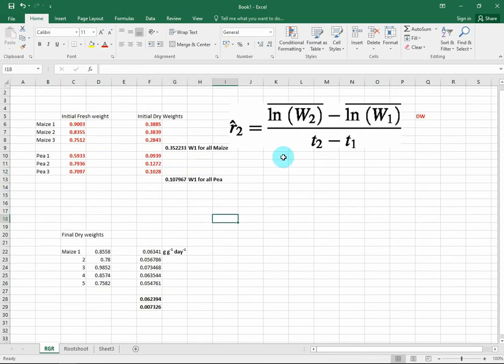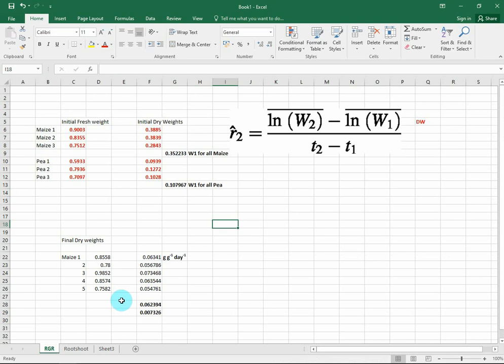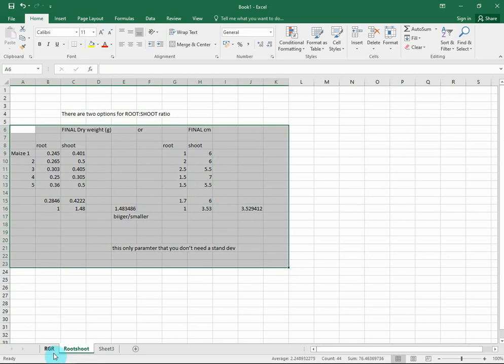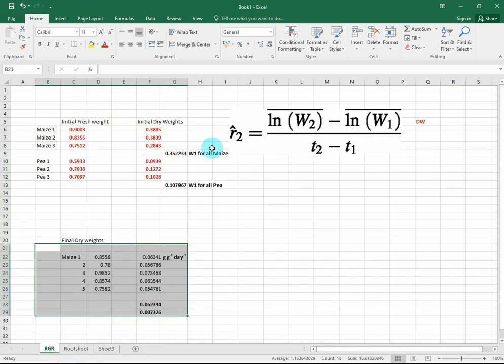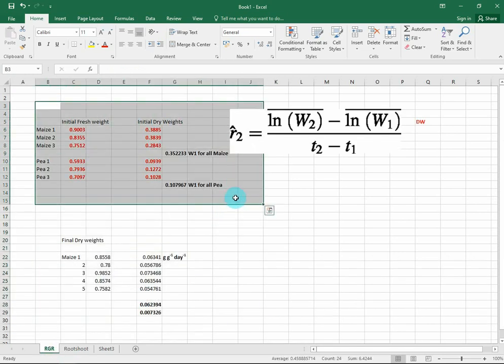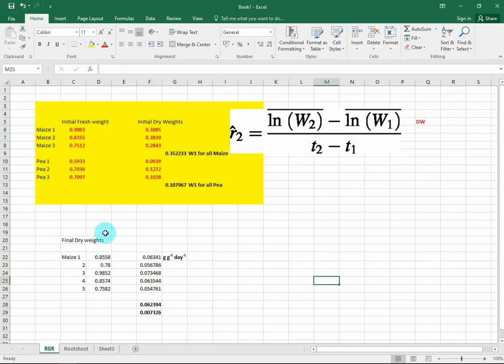So how do you calculate it and get a standard deviation? Well, I made this up. This is all fictitious values. This is fictitious values. This is not. This is your stuff that you will need for this equation. The rest is all fictitious. I made it up, so don't take it because it's wrong. So I measured my final dry weights. Let's say that this was in elevated,